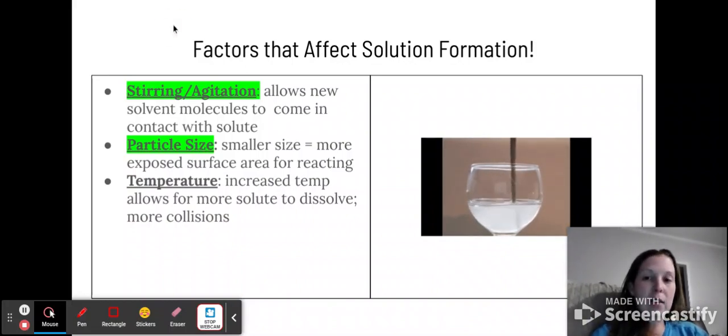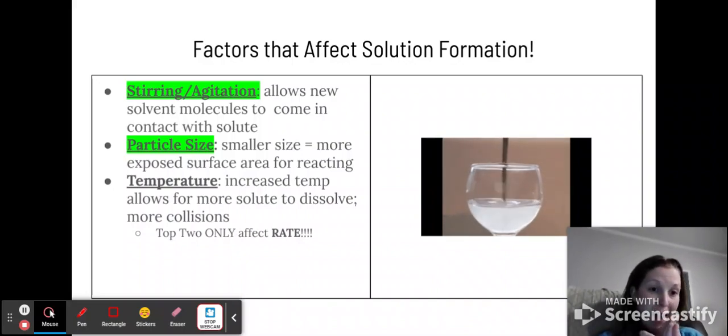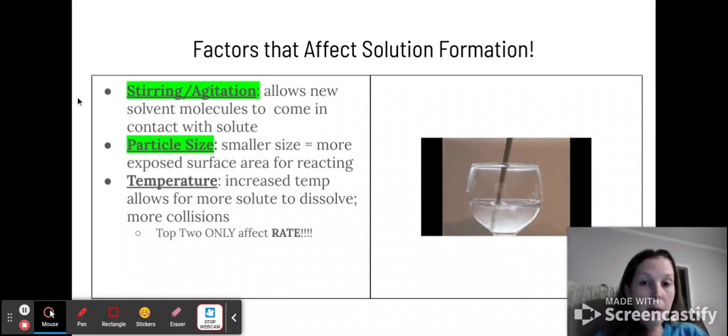I've highlighted these top two because these only affect the rate at which something dissolves. So this only affects how fast or slow something will dissolve. But once it reaches a certain capacity, it won't dissolve anymore. So if you've ever tried to put like sugar in iced tea, you'll notice a lot of times the sugar just kind of settles at the bottom. That's because as much can be dissolved at that temperature at that time. Temperature, though, affects